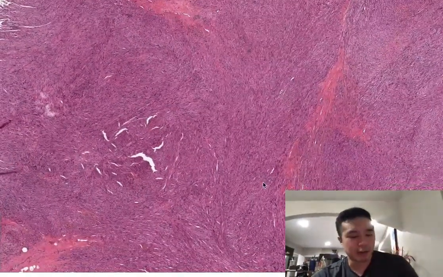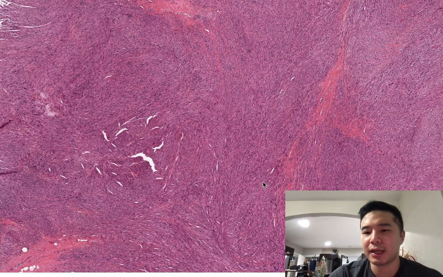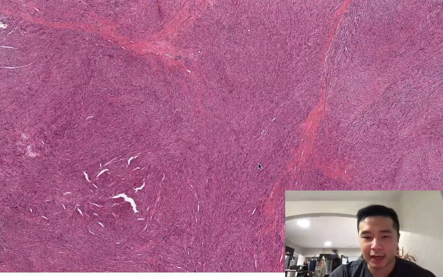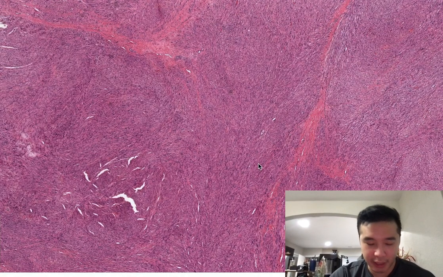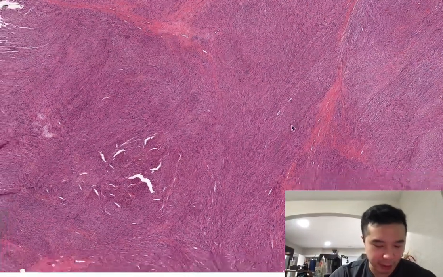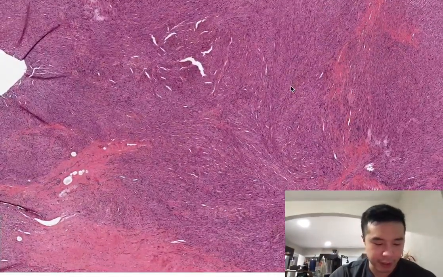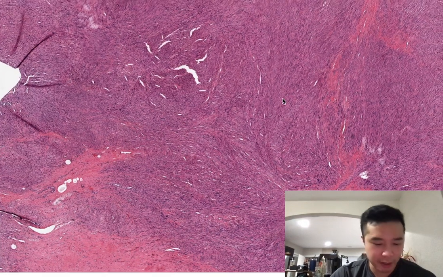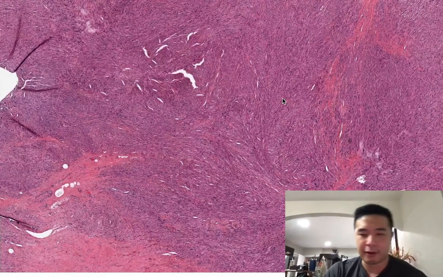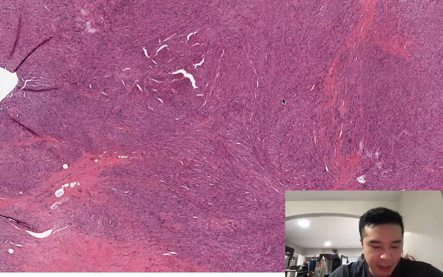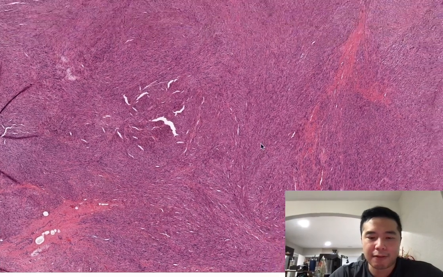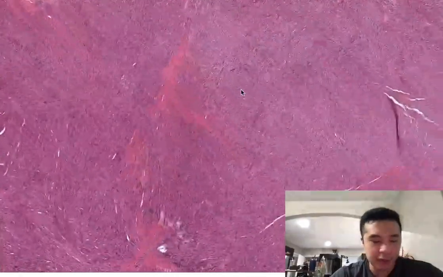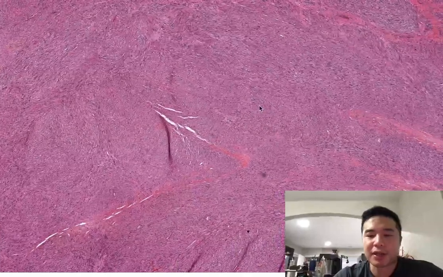high power fields. However, for myxoid, you only need one criterion, and that could be either greater than or equal to 4 mitotic figures per 10 high power fields, marked cytologic atypia, tumor cell necrosis, or infiltrative borders. And then epithelioid leiomyosarcoma, if there's any significant cytologic atypia, coagulative necrosis, and this one is greater than or equal to 4 mitoses per 10 high power fields. So that's why it's important to distinguish. So this is a conventional